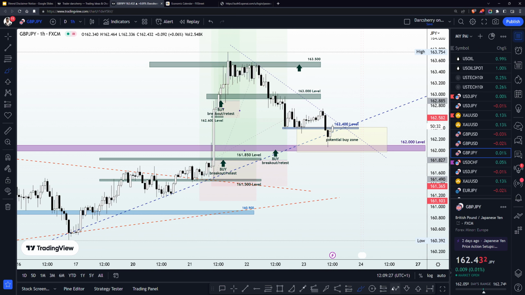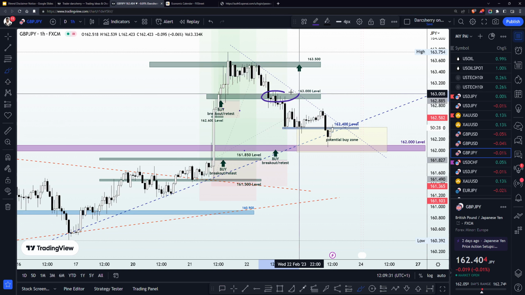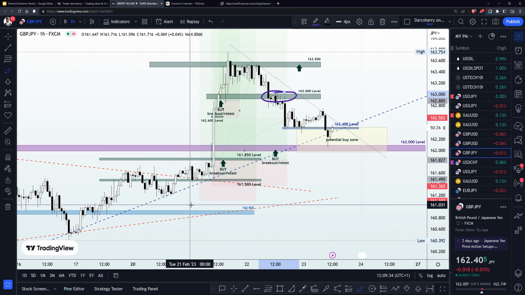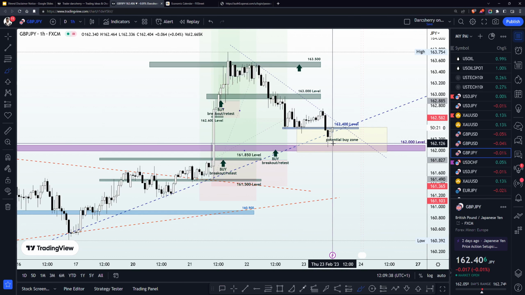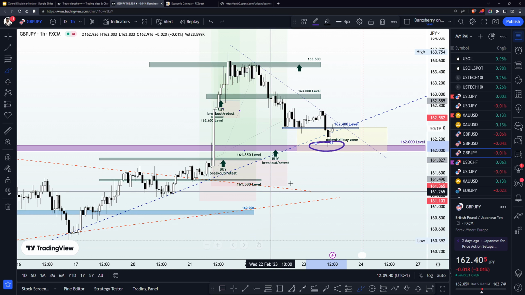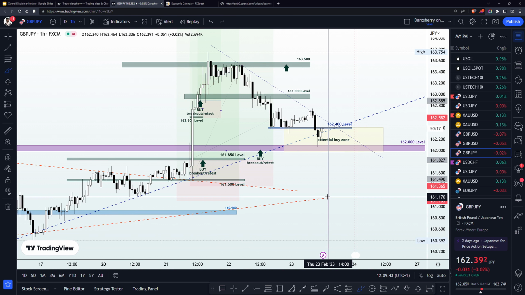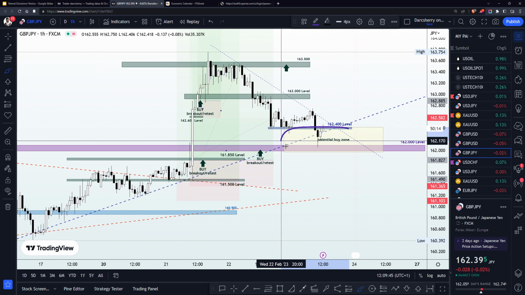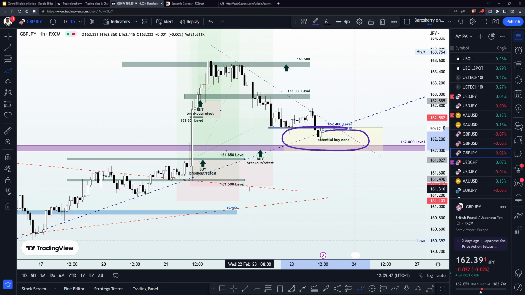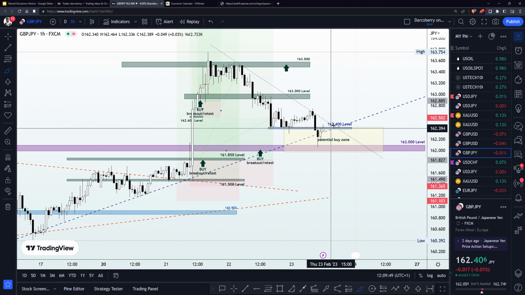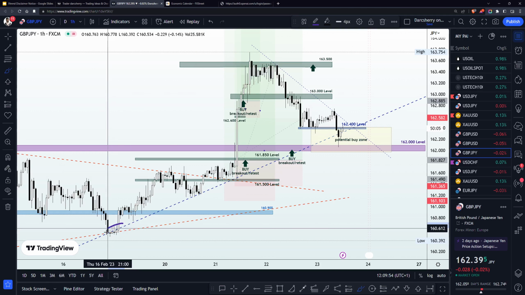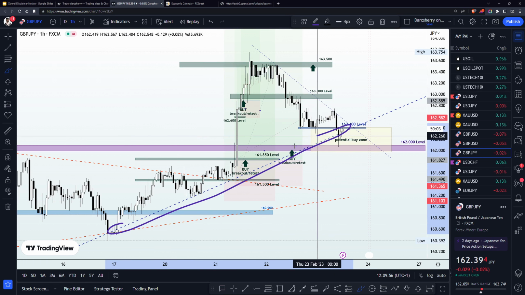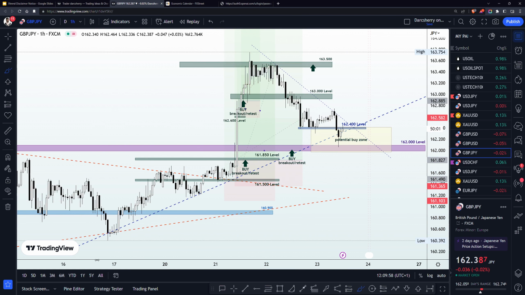And now we had a situation here yesterday where we also took advantage of the breakdown retest of the channel at the 163.00 area, selling momentum here, and we were able to scoop about 95 pips in profit on that one. And remember, we identified this buy zone area around the 162.00 area, which also shares a beautiful confluence with that bullish trend line that has been supporting the bullish momentum for quite some time now.